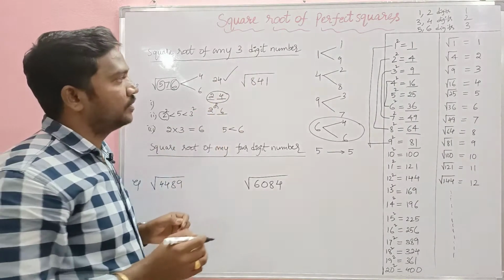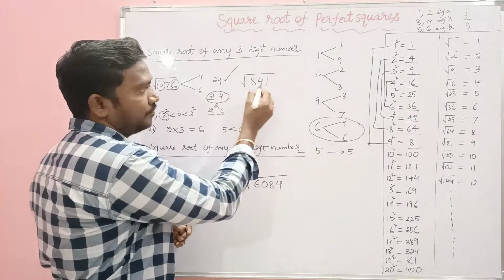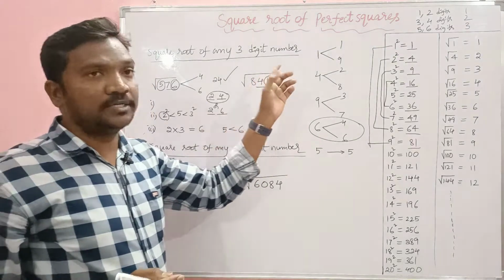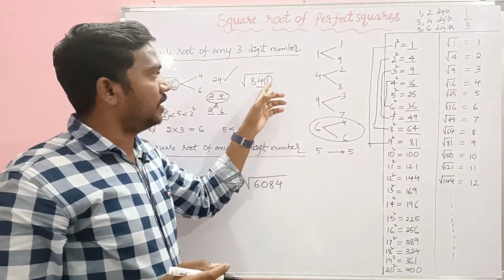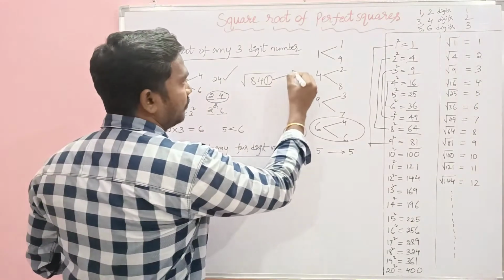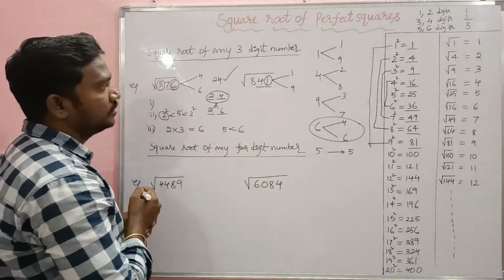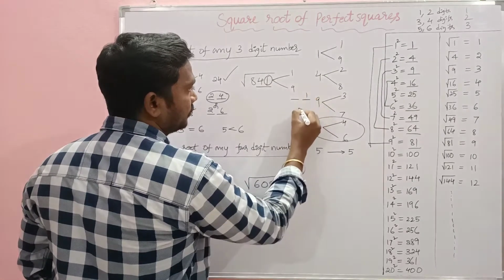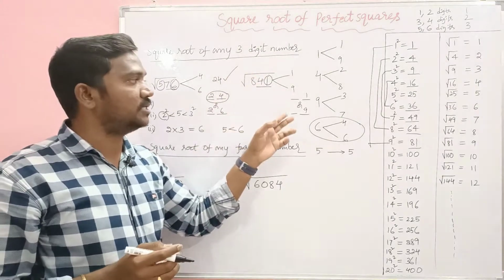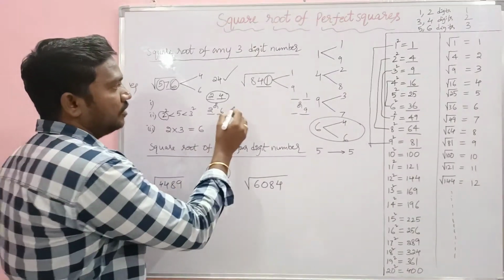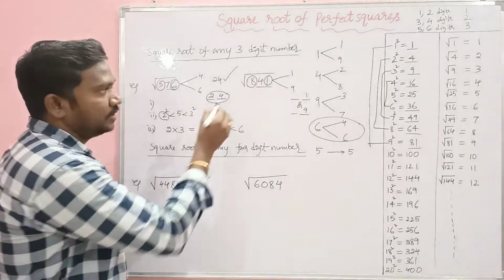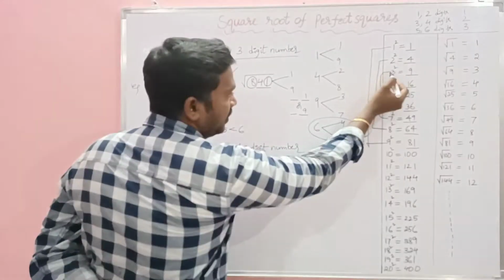See one more example. Here the 3-digit number ends with the digit 1. We know that if a number ends with the digit 1, the square root of that number in its units place is either 1 or 9. So here 1 or 9. So we have 2 answers. This is a 3-digit number, so the result is a 2-digit number. Now the second step, take the quotient 8. 8 lies between 2 square and 3 square.